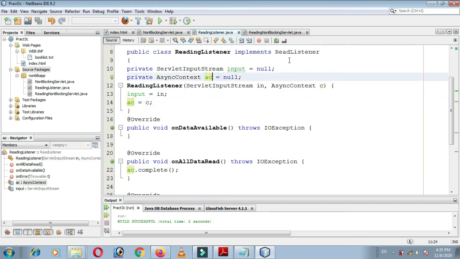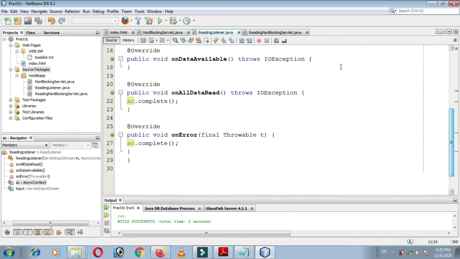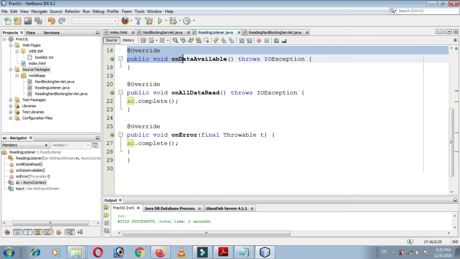Okay, this ReadListener interface has three abstract methods. First one is onDataAvailable, onAllDataRead is the second one, and third one is onError. So we need to override all the abstract methods. So here it is overridden the first abstract method, that is onDataAvailable, and the definition is empty.